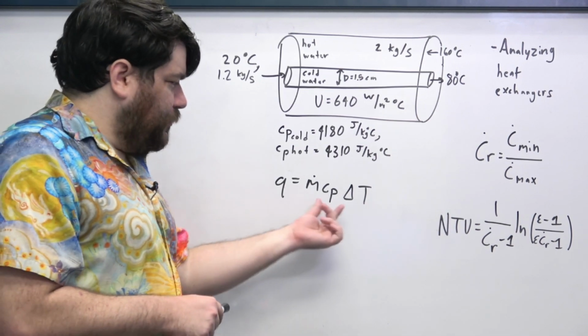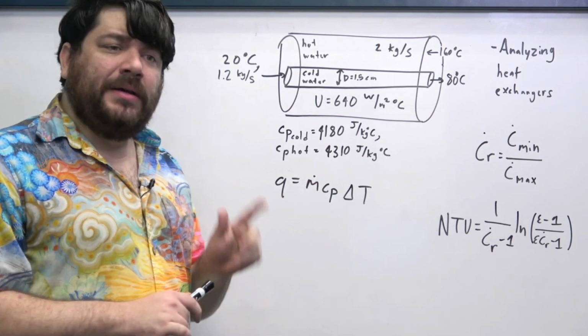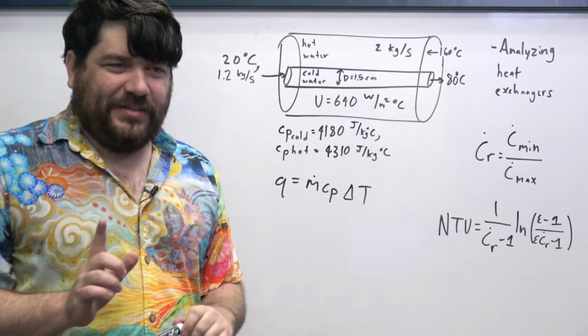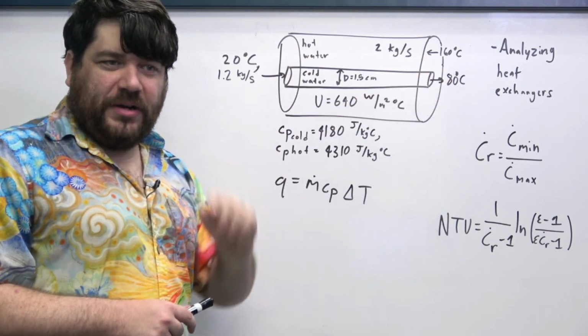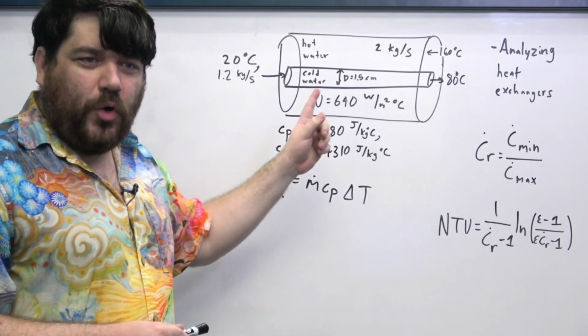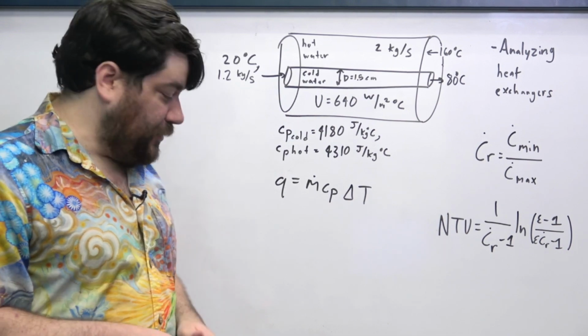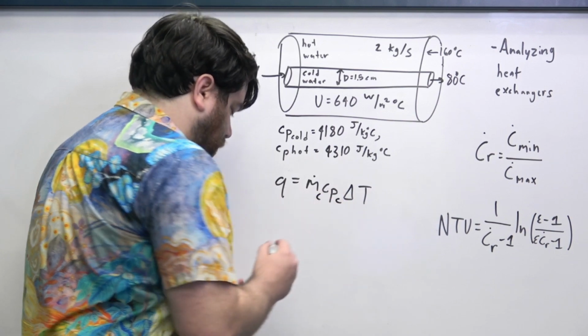So what information do we have for which of these liquids can we calculate this Q for? Well, we can't do it for the hot liquid, at least not yet, because even though we know it comes in at 160, we don't know at what temperature it exits. So we don't have this delta T. For the cold liquid, however, we do. And so as a result, all we have to do is just say that this is for the cold liquid,